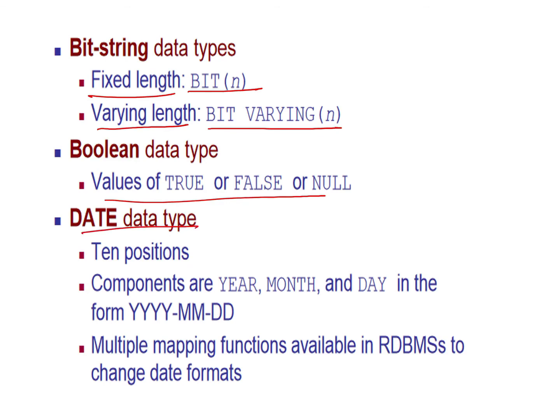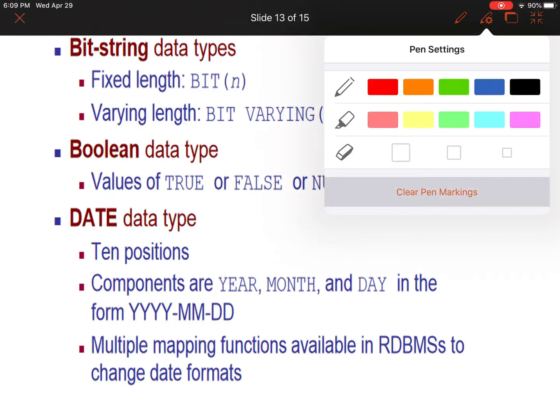Then the date data type. The date data type always takes the entry in this format. This you have to remember, that it takes the entry as YYYY-MM-DD. So it can be 2007, and the month is 10, that means October, and the date is whatever, maybe 5. So you have to mention it in this format. We are used to writing it the opposite way, DDMMYY, but here it is YYYY, MM and DD. So this is about date.